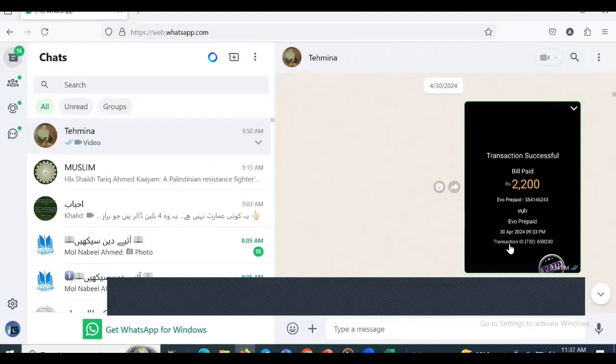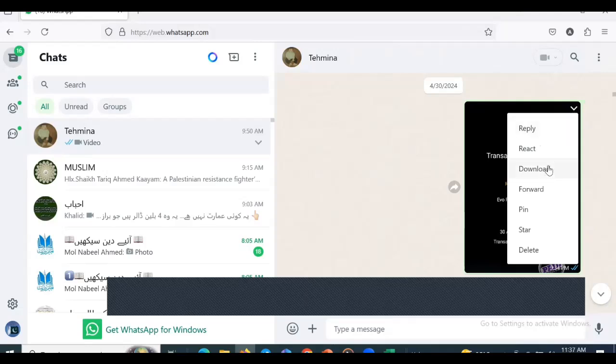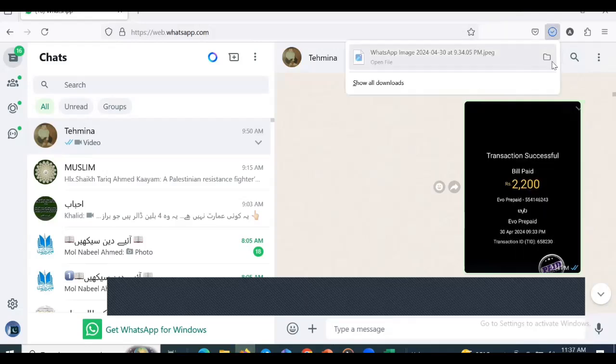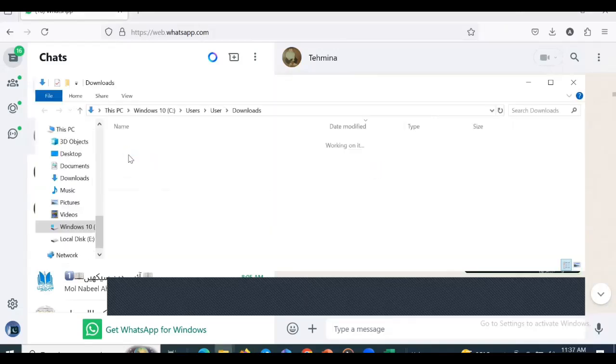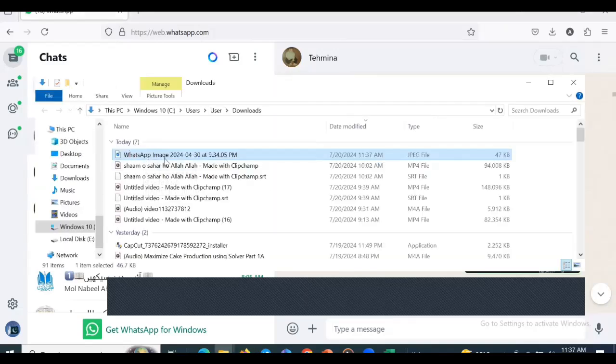This is a Mizan Bank transaction, 2,200 rupees EVO bill paid. Now we are going to rename this as per our plan, removing the unnecessary parts.